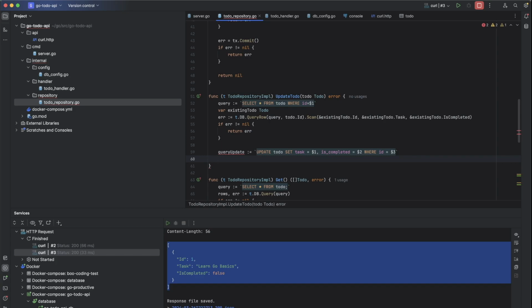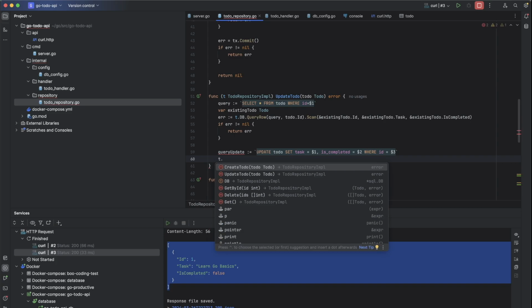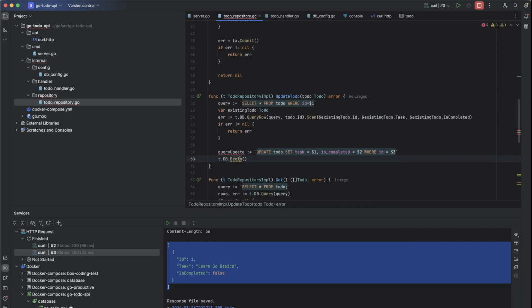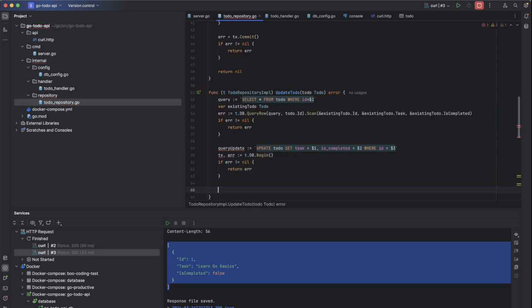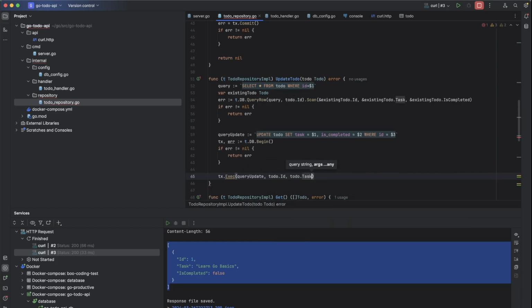let's execute this query. Because this is transaction, we will provide the transactional first, dot db dot beginning the transaction, and then dot execute from the query update with variables todo dot task.